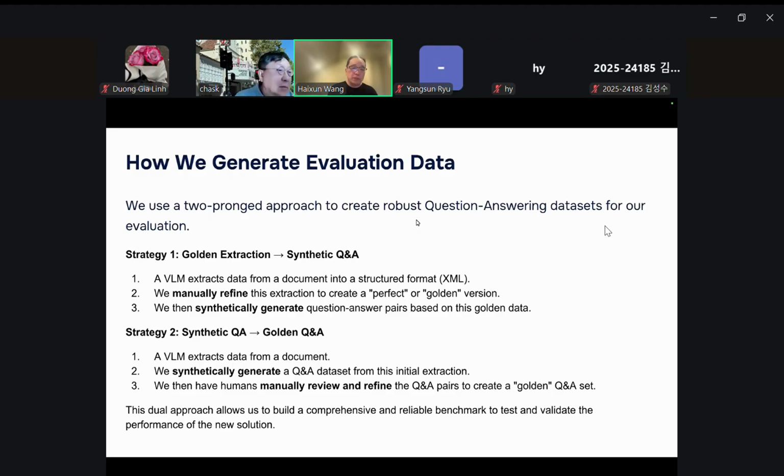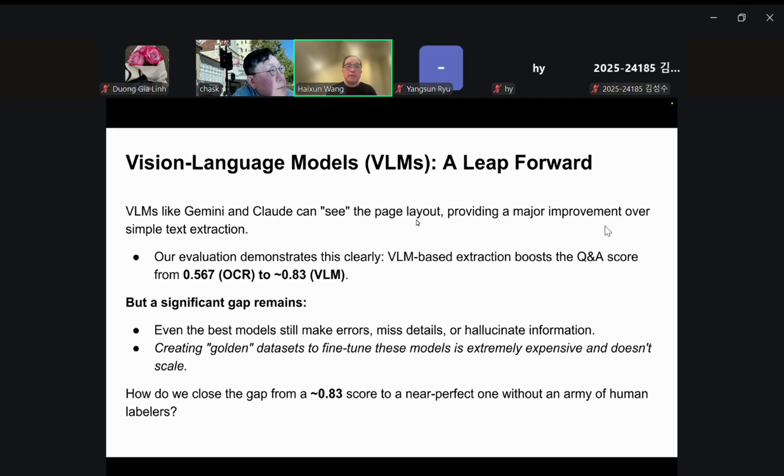And strategy two is a little bit different. We extract data from the document, and we synthetically generate a Q&A data set from the initial extraction. We then have humans manually review and refine the Q&A pairs to create a golden data set. Not that much difference, but the idea is to have a synthetic data set.